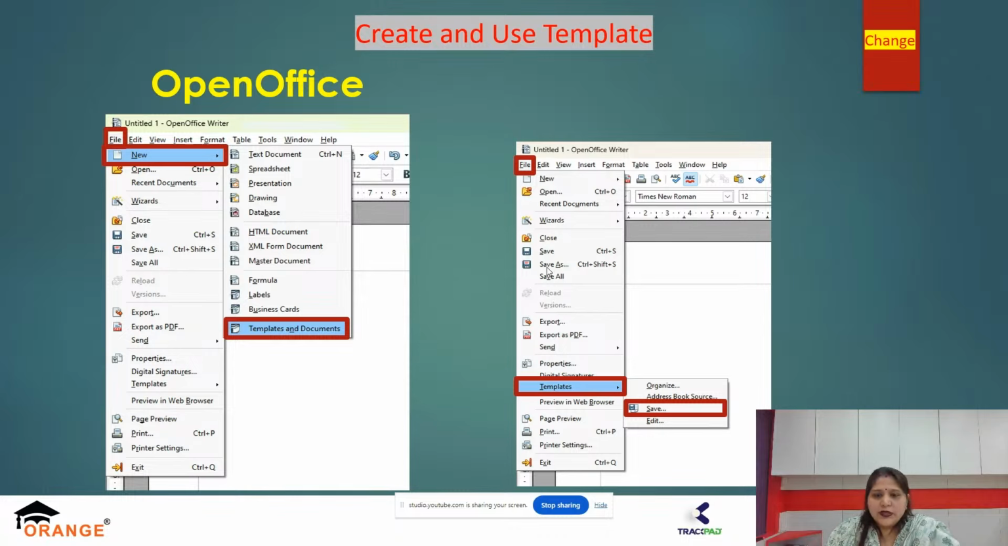Create and use templates. Now, if we see in OpenOffice, there are two ways in which a template can be used. The first one is using an already created template, and the second one is creating a new template all by yourself. So the first way, if you want to use an already existing template, we'll go